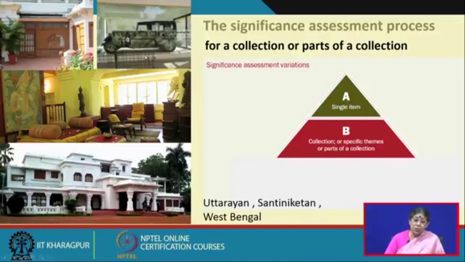There is a car which was used by them and the car is kept there, and this also has a historic significance. Then there is an entrance door which is strongly influenced by Japanese architecture, and there are details also very influenced by traditional Indian architecture. There are copies of the Ajanta Ellora murals. So, each and every item, the furniture, the curtains, the drapery, the car, the design of the gates, and also the garden, they all contribute to the significance of that. So, it is a very good example for a collection of parts of a collection.